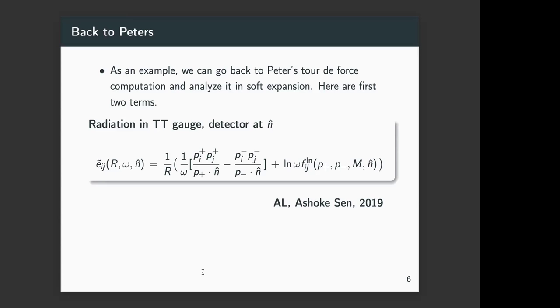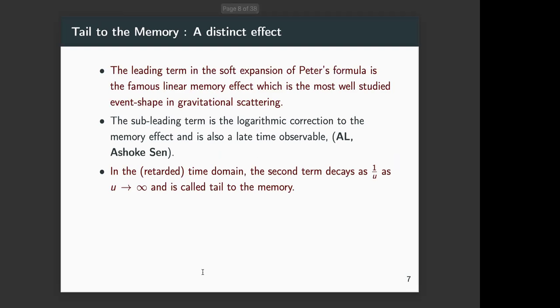And then there is an additional term which goes as log omega, and that term depends not only on the initial and final momentum of the scattering particle, but in some sense on the initial and final momentum of the Schwarzschild black hole, which is fixed because we are assuming it's very heavy. I'm just indicating that with mass capital M. So this is schematically the formula that we find simply by taking this perturbative expansion of the Peters formula. The leading term is, of course, as all of you know, and Paulomi also talked about in the post-Newtonian expansion,